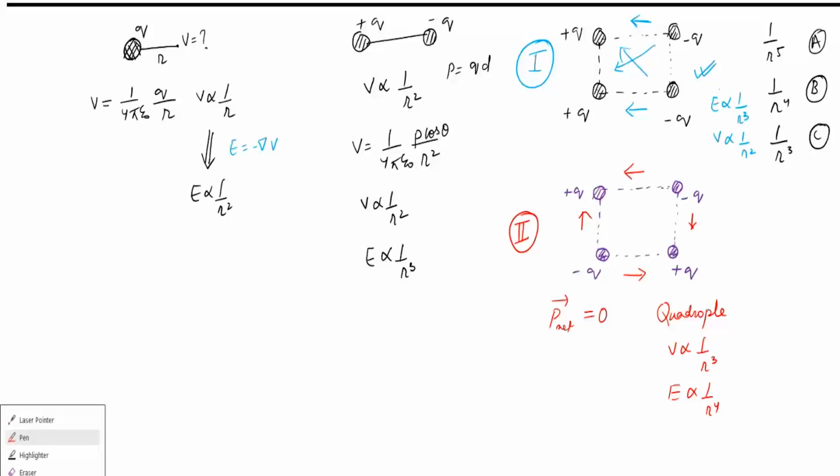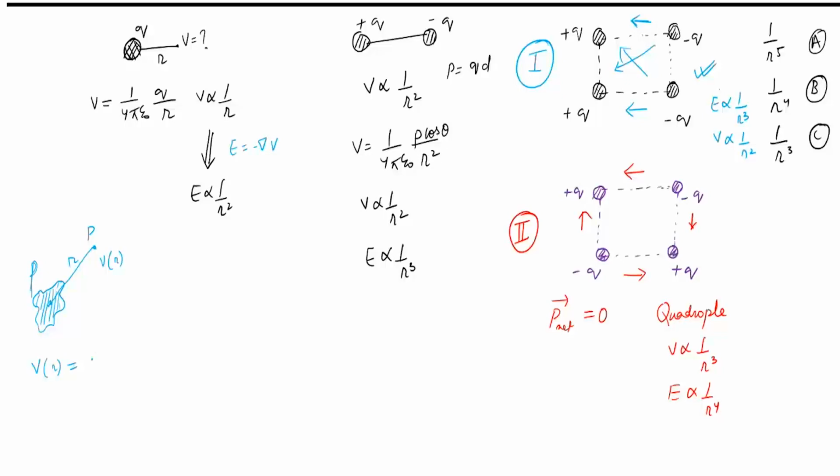Now, suppose you have some arbitrary charge whose density is rho, and you want to find out the potential at a point P, which is at a distance R. I will repeat it again. There is some charge distribution and you want to find the potential at point P, which is at a distance R. Then this potential,